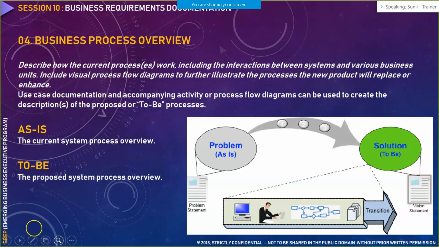So these are the two important things that need to be part of your business requirement document under business process overview. These are nothing but the process flow diagrams that you create, but this process flow should highlight the pain areas in the as-is model, and what are the mitigation steps you take to mitigate those pain areas in the to-be model. So this has to be summarized in two business process flow diagrams: the current state and the proposed state.